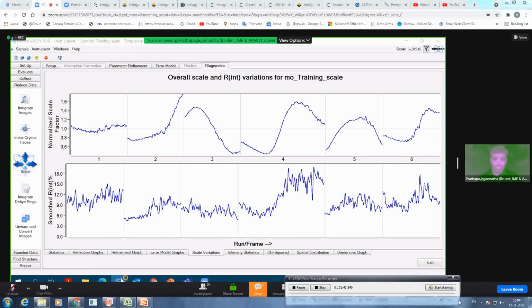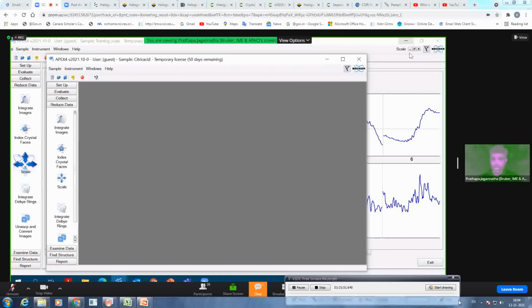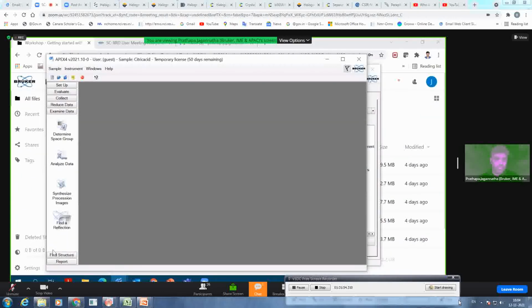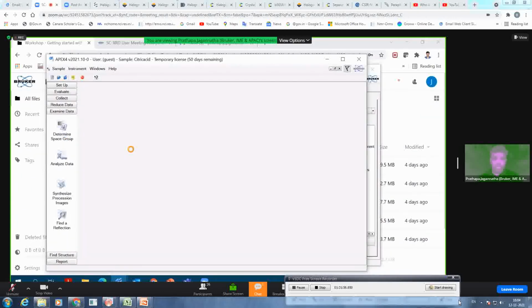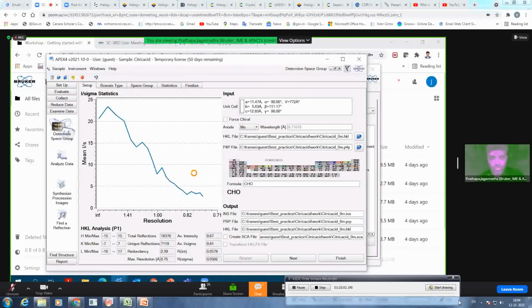Okay, so now I just quickly go back again to our citric acid data, because we have finished our scaling. The next step is I just want to take you through the determine space group plugin. Yes, we have got the determine space group plugin. So now it is more informative. You get the quality of your intensity or the reflections for the overall data, and you get the information about total reflections. And then you can get this formula or the periodic table. You can add that into your